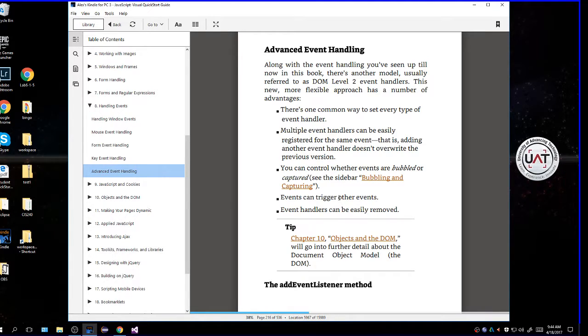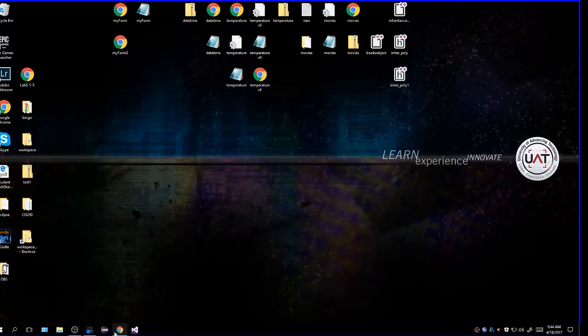So go ahead and read the book and follow the examples, to get a better understanding of how to handle events if you are not familiar with that. Okay, I think this is a good section of the book doing that. That's all in the book. So you go ahead and read it as your reading assignment. We'll go back to our